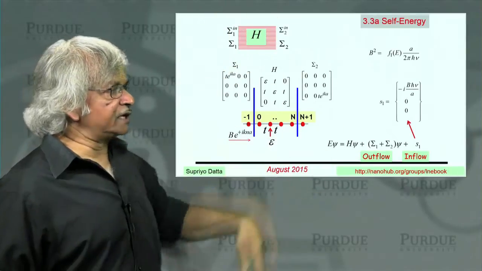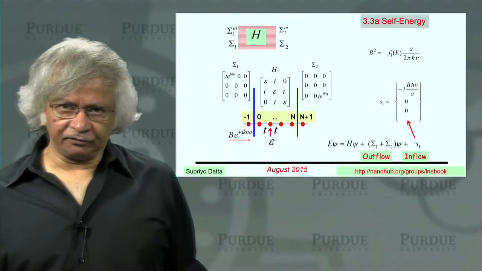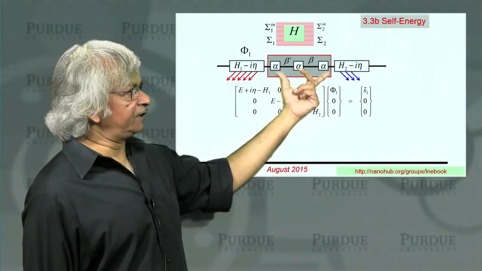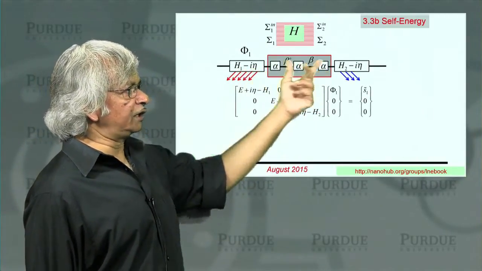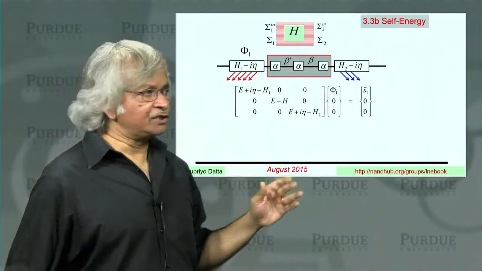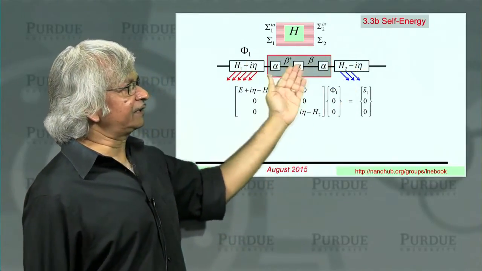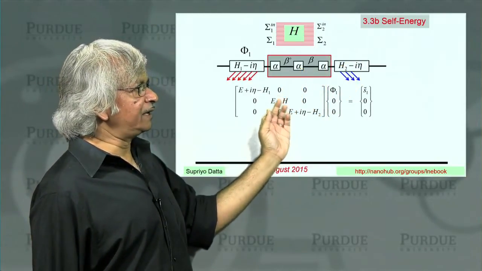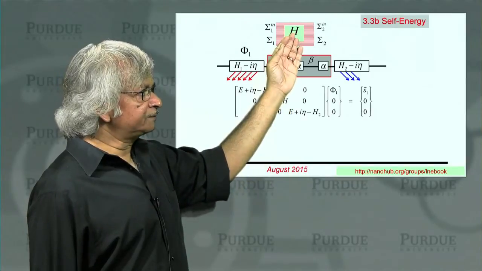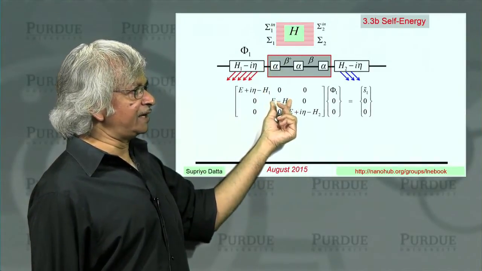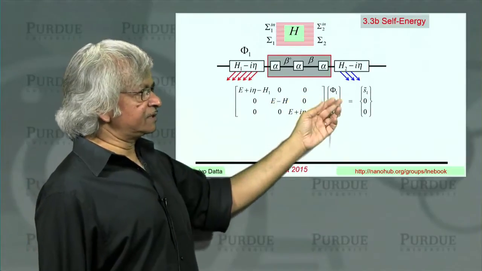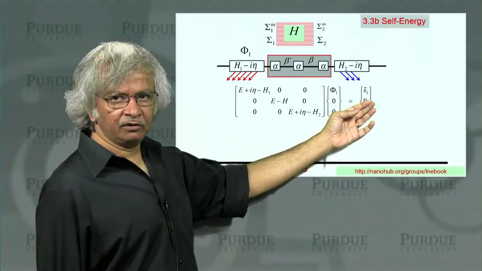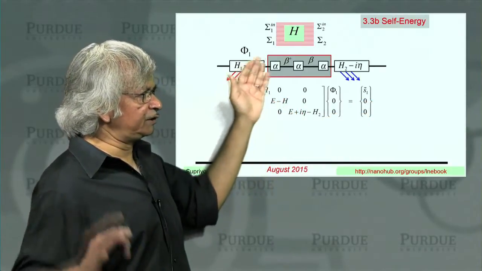Now, what we want to do is a more general 2D version of this. And the way we'll do this is, think of it like we have a device and it's connected to two contacts. And for starters, let's assume the device is not even connected to the contacts. So the device is just by itself and is described by a Hamiltonian H. So that's this middle point, E minus H times psi equals 0. What we are assuming is that to start with, the device is empty.